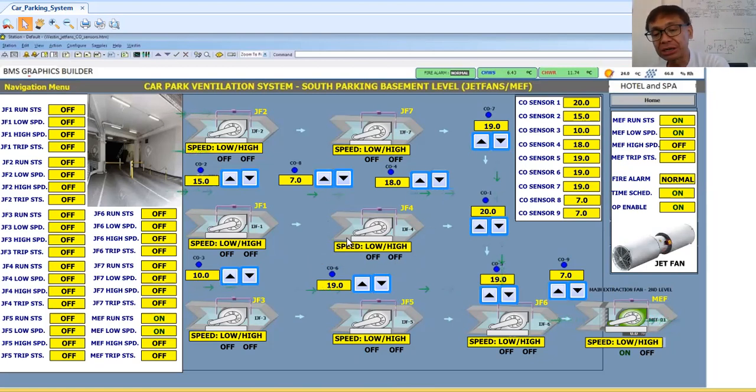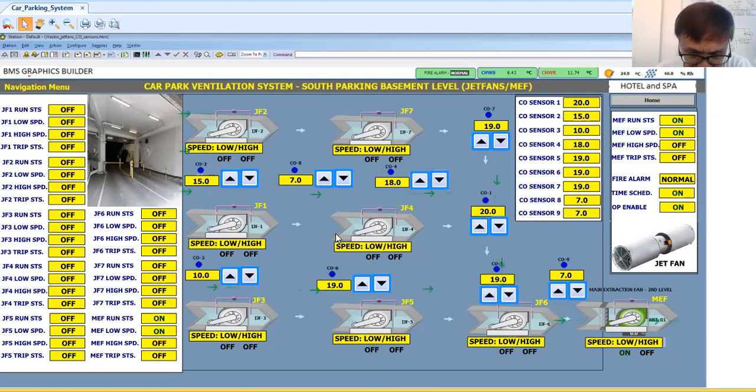Okay, so here I just programmed this because there are only several jet fans and the area is small. So I have done a very simple logic program. Then I will try to simulate it to you.